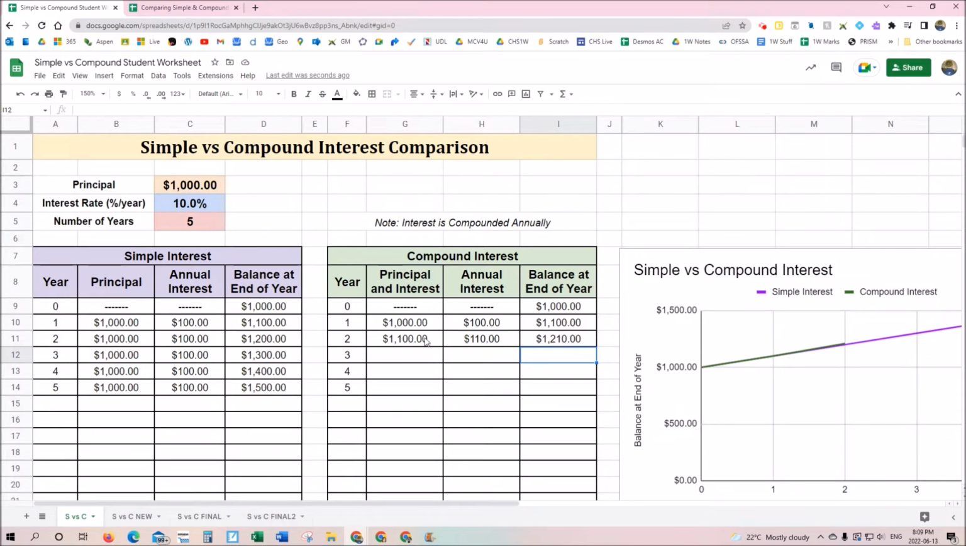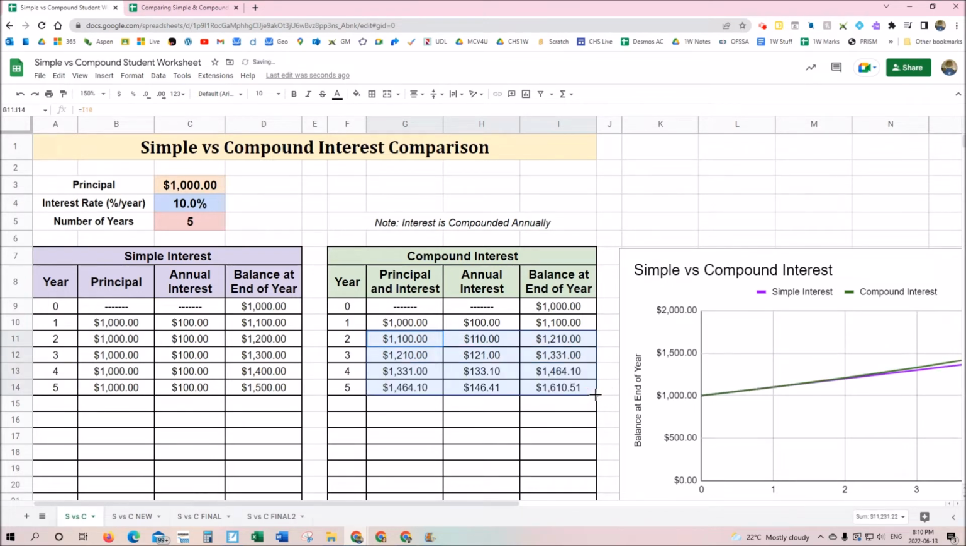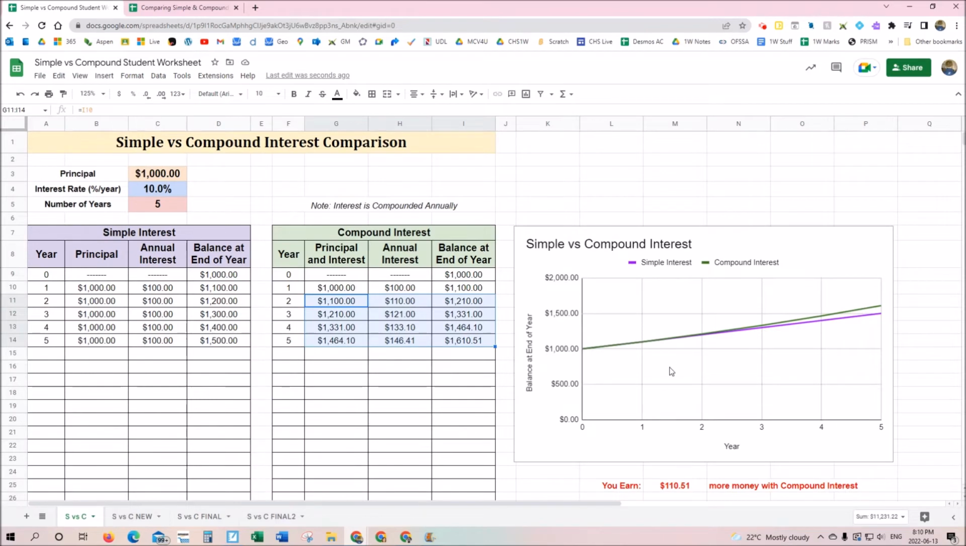$1,210. So again, I'm going to highlight these three right here and pull the corner down to 5 years. And then you see that each of these then takes the previous year's balance, calculates the interest, adds this new interest on here. And because it's compounded annually, every year you're making a little bit more interest because you're earning a bit more interest. All right, and then if we just scroll back here to see what the difference is,